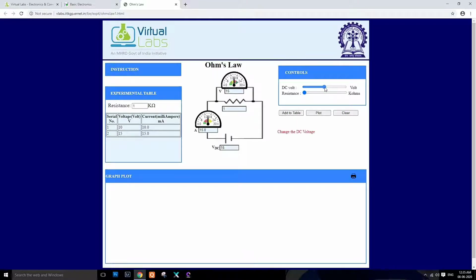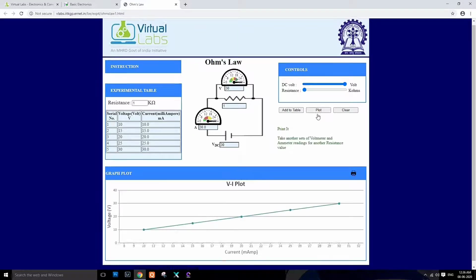Then vary the voltage to 20 volt. 20 volt DC supply. Then add to table. Again we have to vary the voltage to 25 volt. Again add to table. 30 volt. Again add to table. So we have our 5 data for the first experiment.